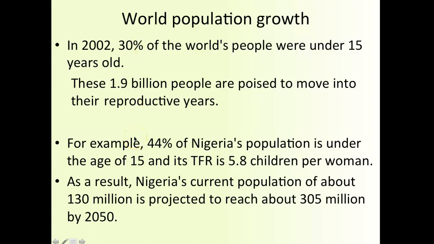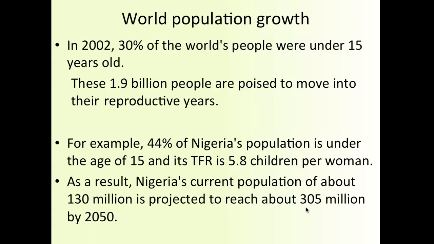In Nigeria, 44% of the population is under the age of 18. And it's TFR. This is just a term for how many kids each woman or each family has. Average is about 5.8. So they're not only replacing themselves, they're adding to the population. As a result, Nigeria's current population of about 130 million is projected to reach about 305 million by 2050. So they're going to triple their population